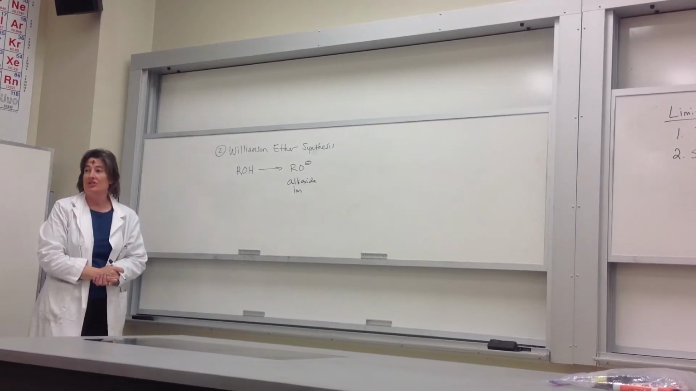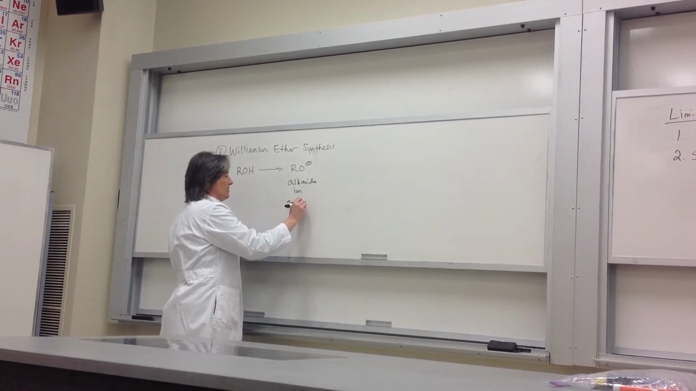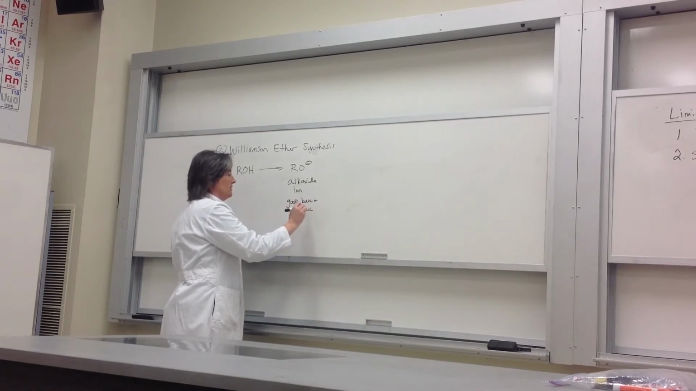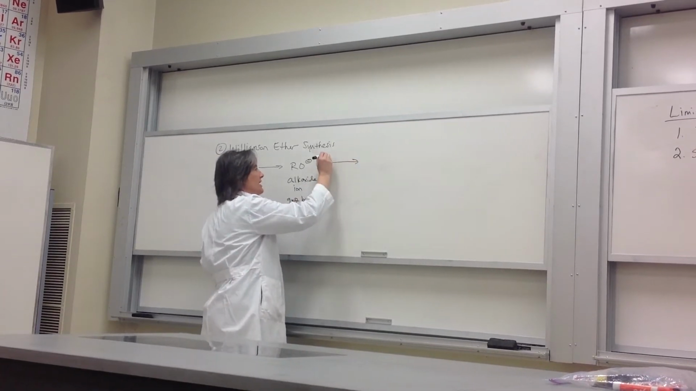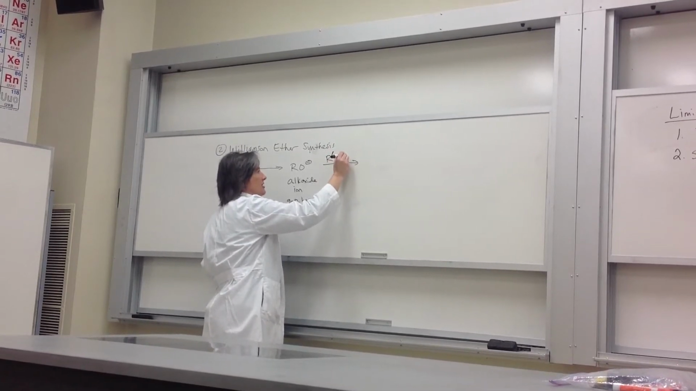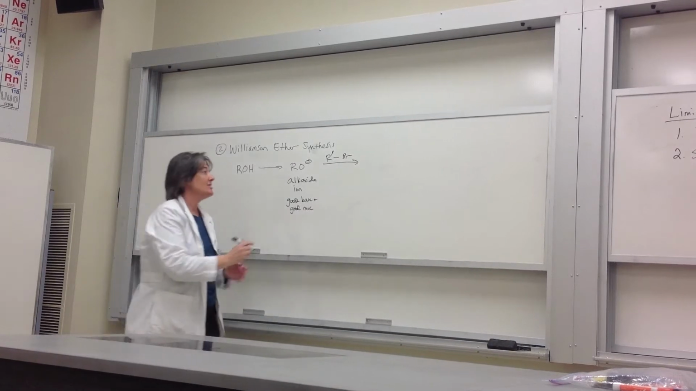Then the alkoxide ion, which is a good base and a good nucleophile, attacks an alkyl halide. We'll call it R prime, it's a different R group. Okay, let's make it a bromide. It attacks an alkyl halide, and it's an SN2 reaction,